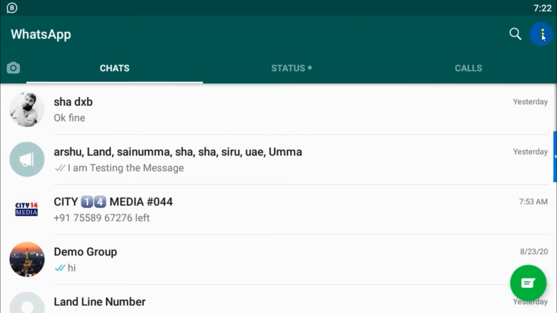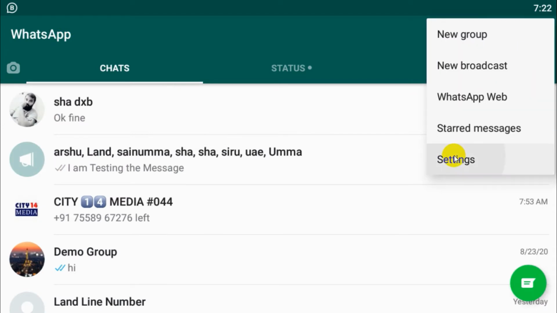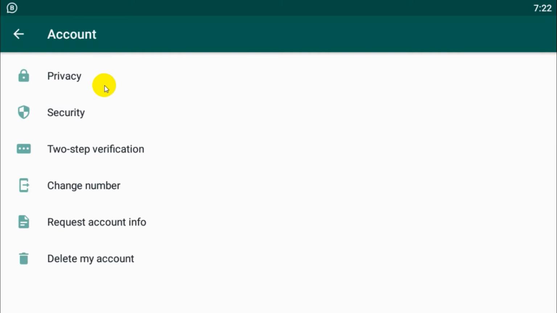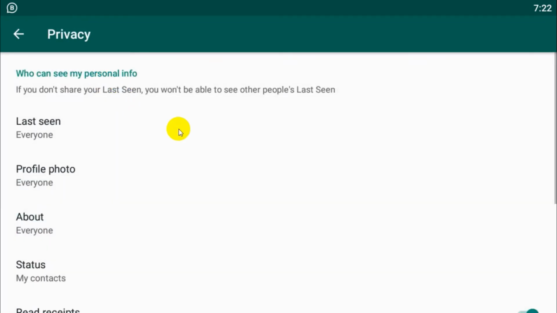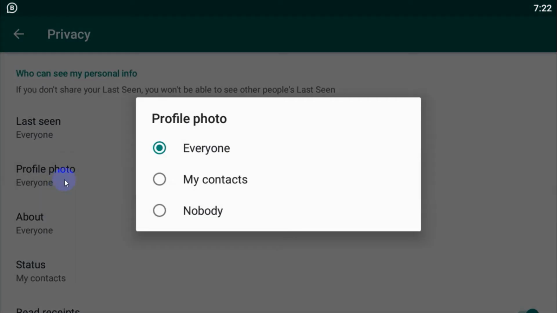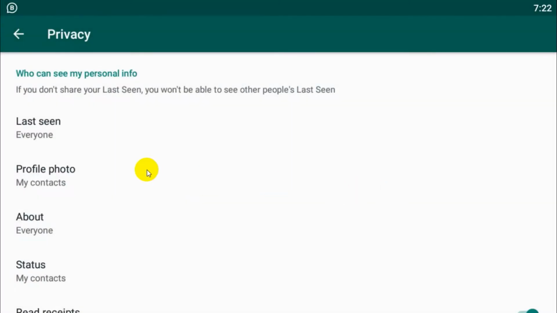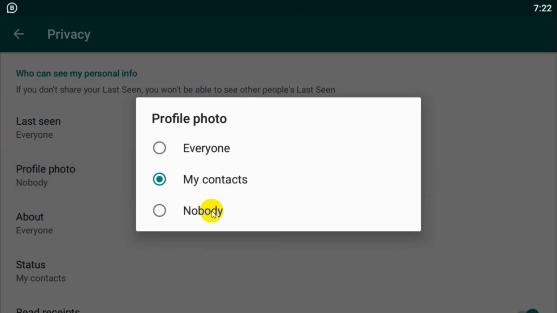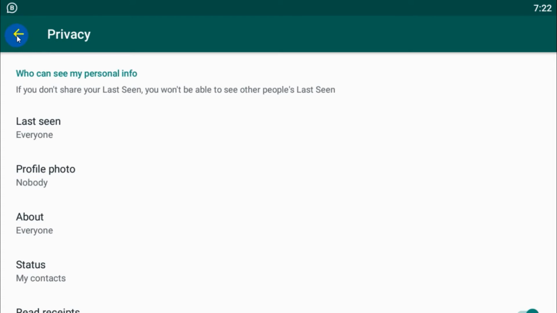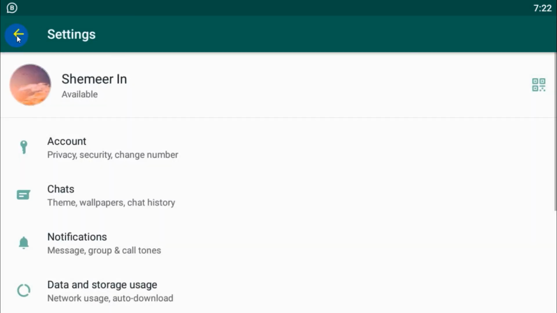and click on three dots again, settings, account, privacy, and go to the profile photo section. Here it's presently showing to everyone. You can change it to my contacts and you can change it to nobody. I put nobody, and let me go